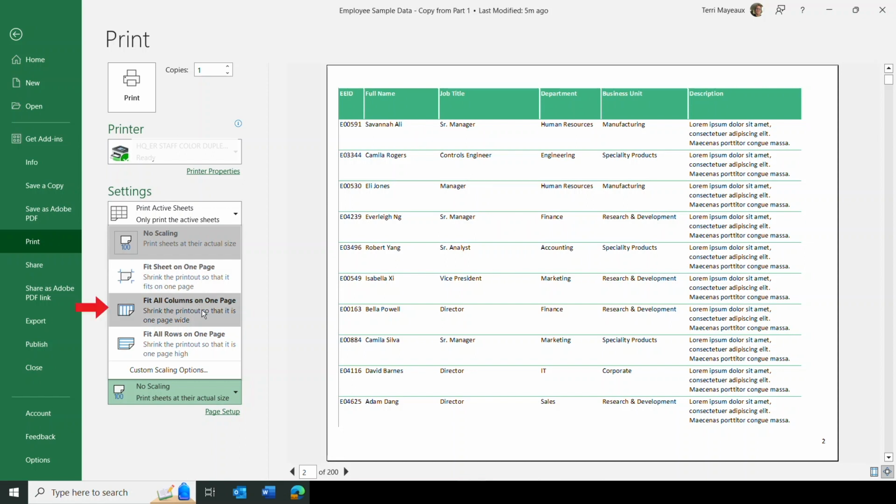Fit all columns on one page. Now we might try that, or fit all rows on one page. We know this is too big. And then we also have some custom scaling options as well. But what we will do for right now is leave it the way it is. And then what we can do though is go back to page 1,